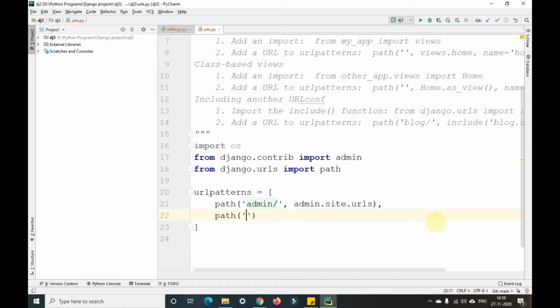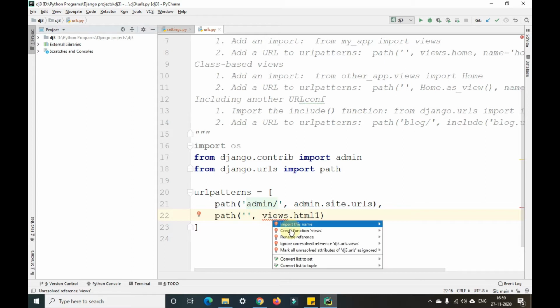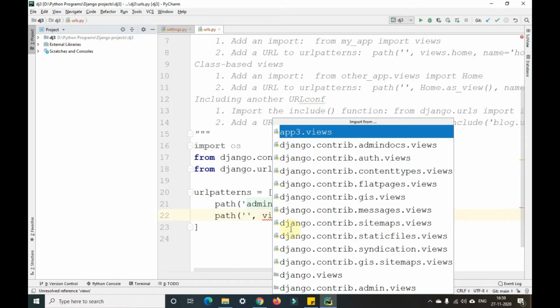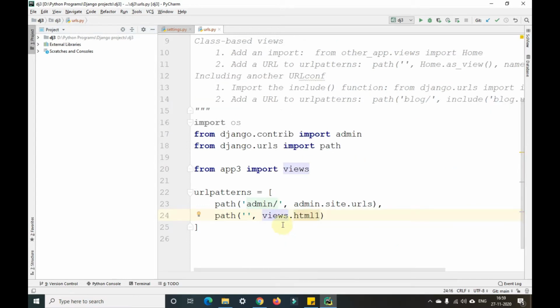I'm giving the empty path there with a comma, views dot HTML1. We need to import this views. For that, I'm pressing Alt Enter and import this name from app3.views. Enter. You can see automatically from app3 import views is given there.